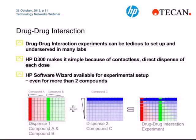The drug-drug interaction experiment is especially easy to create with the HP D300 because each dose of compound is dispensed in a contactless fashion and directly into each well, independent of any other doses or wells. Setup for this experiment with traditional serial dilution is possible, of course, but it can be tedious and very time-consuming. The HP D300 software even has a wizard available for experimental setups of 2 compounds or even more titrated against